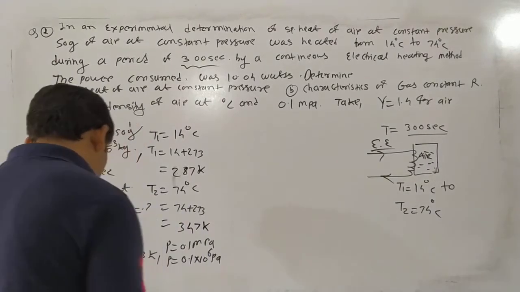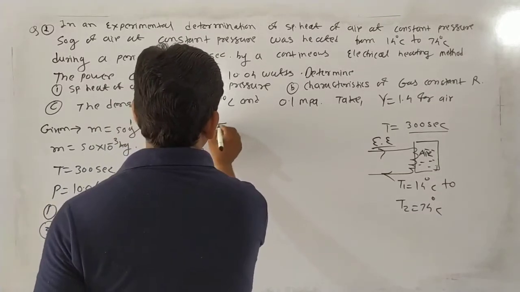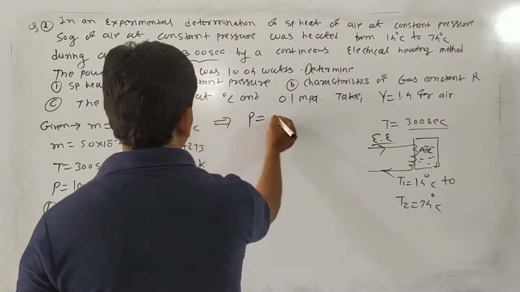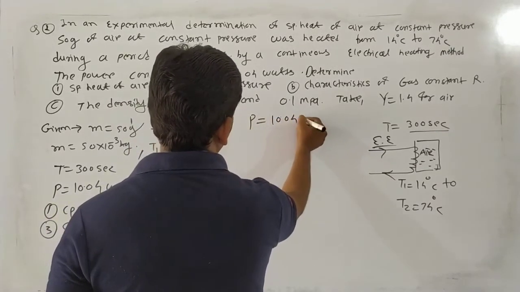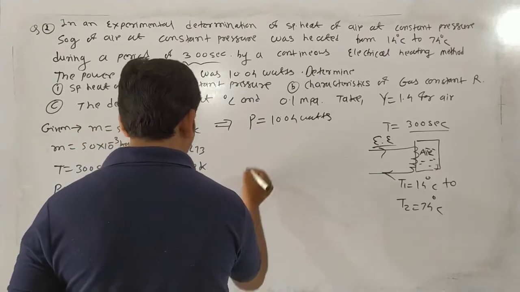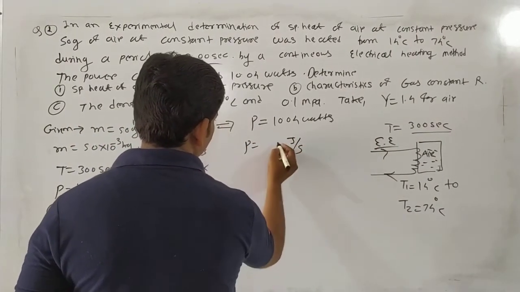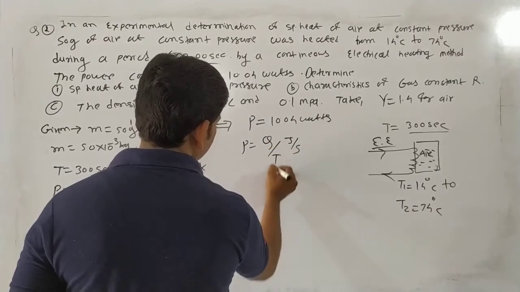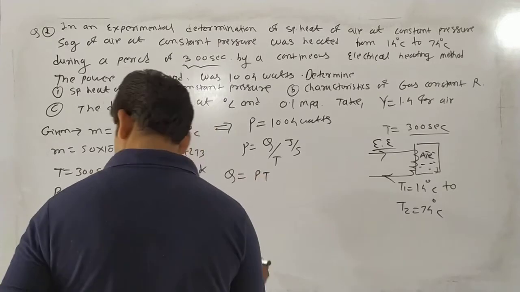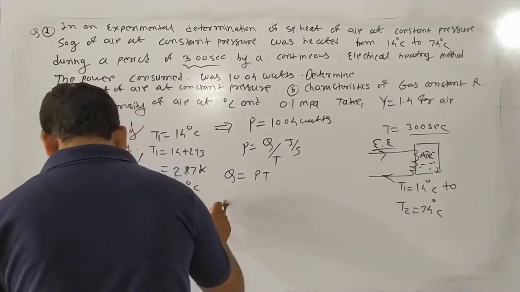Okay, so how is it calculated? See here. So power consumption is given. How much power? The power is 10.04 watts. Okay, so the power unit is what? Power means watt, means joule per second. So joule unit is Q and it is divided by time. So Q is equal to, we know, P into t also. Okay, so here we calculate the value of this Q, guys.